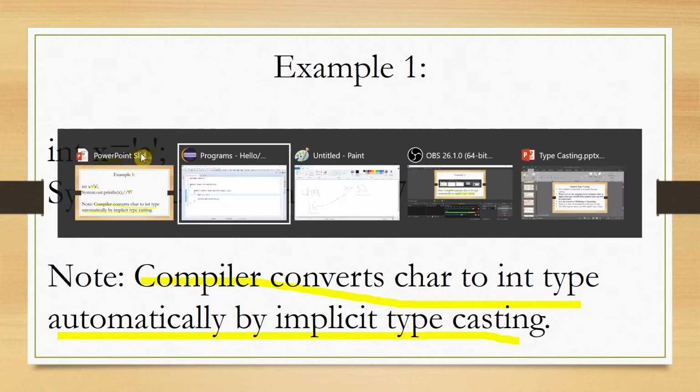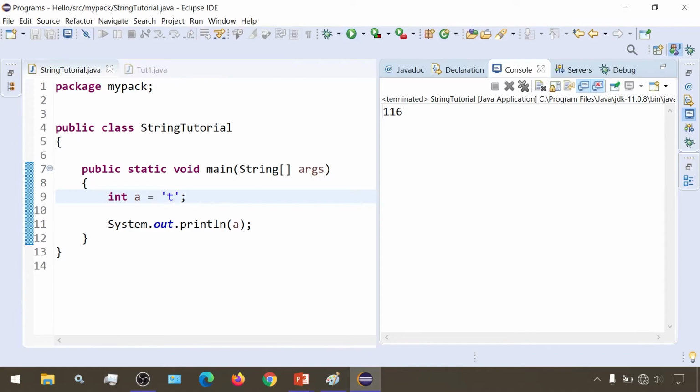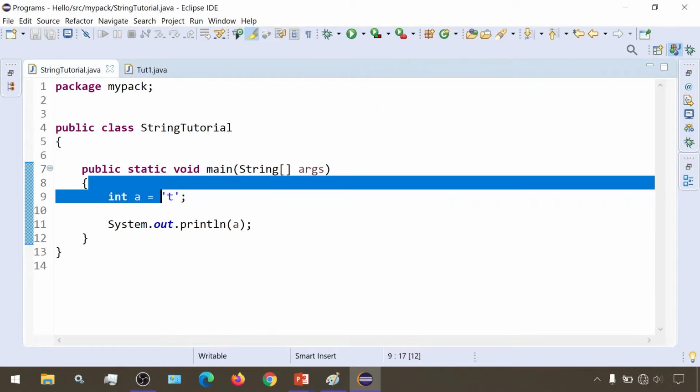Now this value can be anything. It is not necessary that we give a only. If I give t here and run this, then I am getting 116. So the numeric value for the character lowercase t is 116.